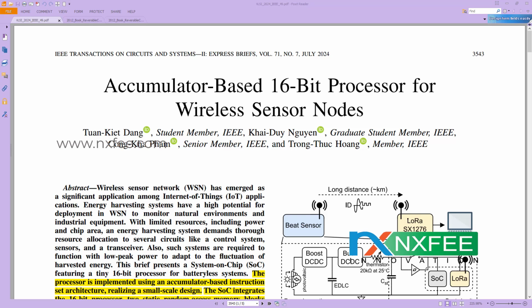The dual accumulator approach allows for parallel execution of arithmetic operations, reducing the number of instruction cycles and improving overall throughput. This architecture is designed with a focus on optimizing area, delay and power consumption, making it suitable for resource constrained environments. The proposed design is implemented using Verilog HDL and synthesized on the Xilinx Vivado platform, targeting the Zynq